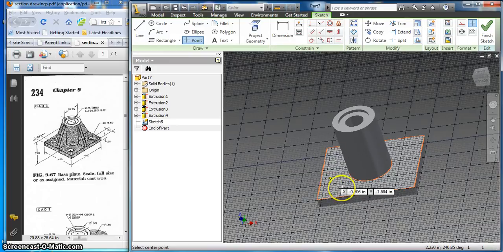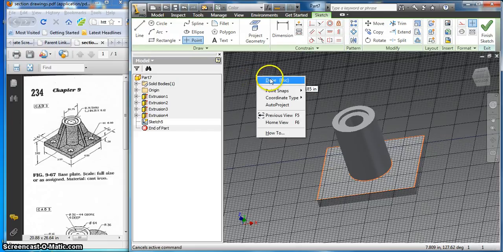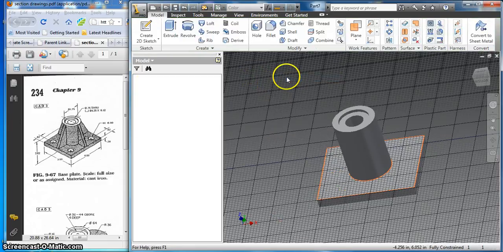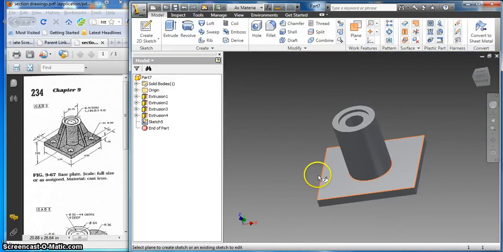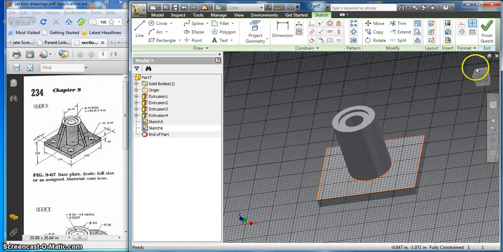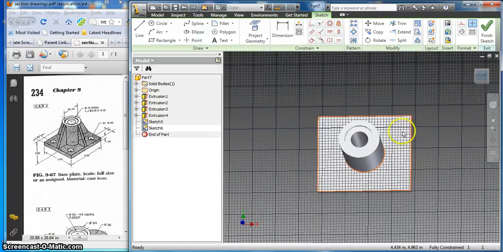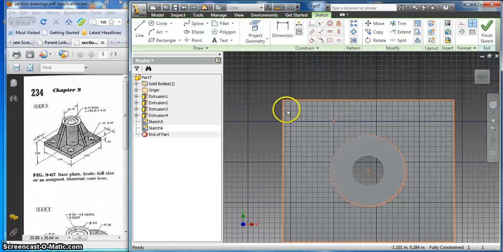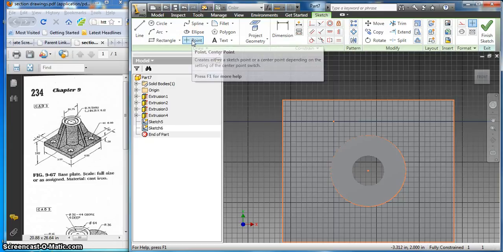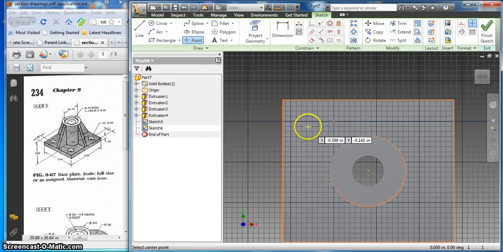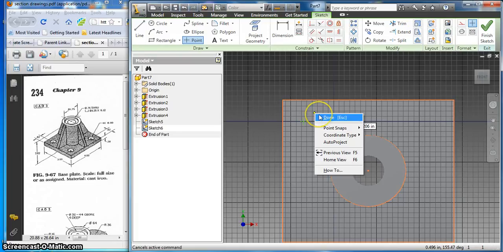What we're doing now is we're trying to get the 4 circles on this bottom plate here, and I went ahead and right clicked, new sketch, and I selected this face right here. I'm going to go on to that work plane here. Now what I'm going to do is come up here and click this point button in the draw command, and when I draw this I can just choose a point anywhere, and then I can right click,